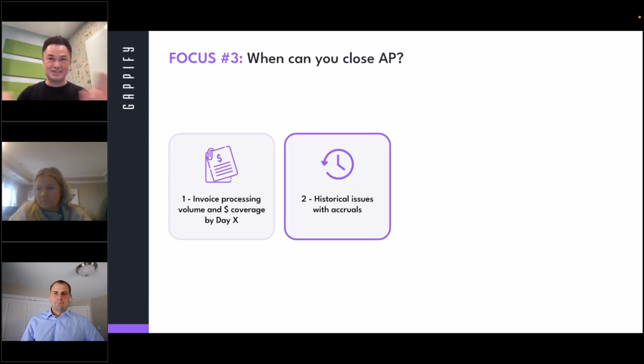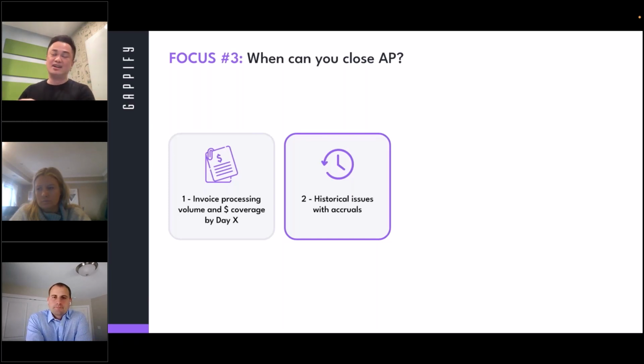I'm going to use absolute terms that I know are not realistic. If you have never missed an accrual ever, but you're closing AP on day 5, and actually I had a customer, not biotech, that had this situation. They had minimal issues with accruals, but they were still closing AP on day 5 and booking their accruals on day 7. I mean, pull it up. Let's pull up the AP close, and maybe not by 5 days, but maybe 1 day at a time each quarter. So if you don't have historical issues, use that as a basis for pulling